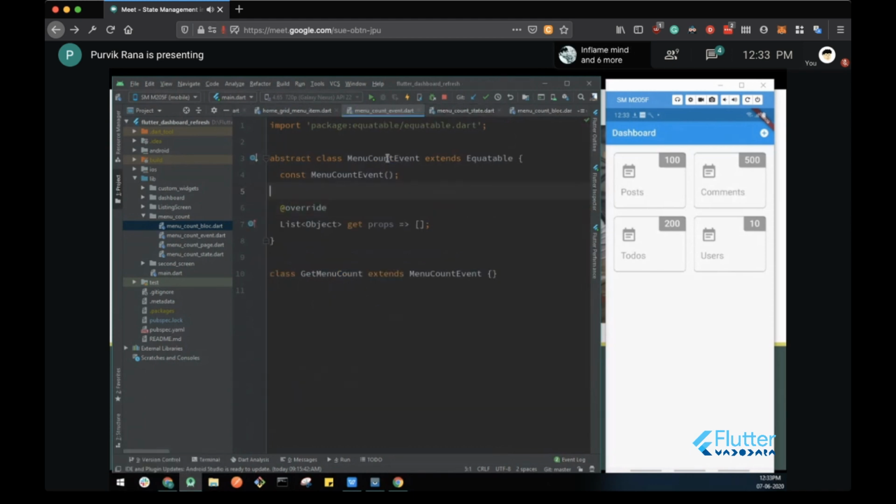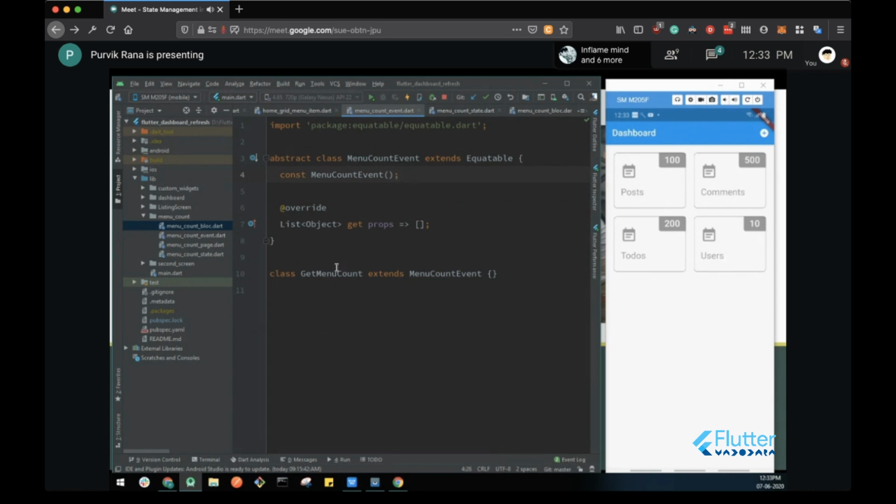Menu count event is next. Before that, we created a single enum class for the different events. But for the actual implementation, you have to create an abstract class. Let's give it the name menu count event, which extends Equatable. Equatable is for comparing different objects of this class, that is, whatever classes extend this base class, we can compare those instances using Equatable.